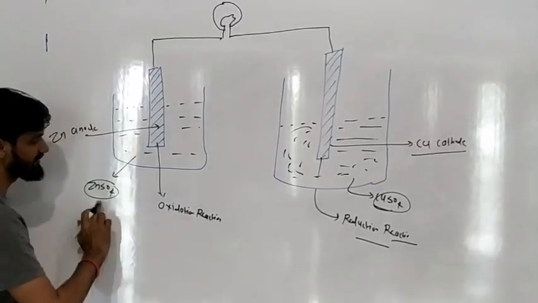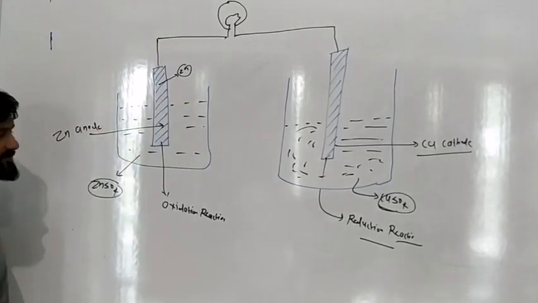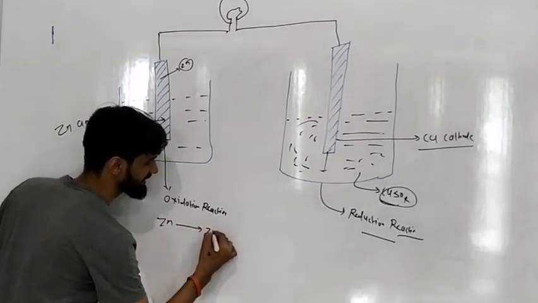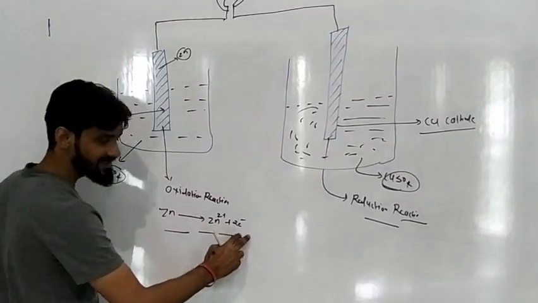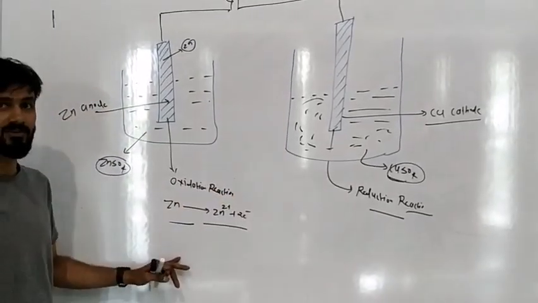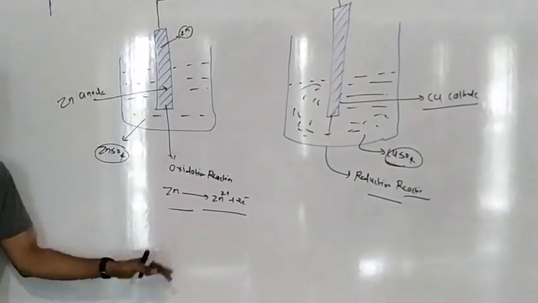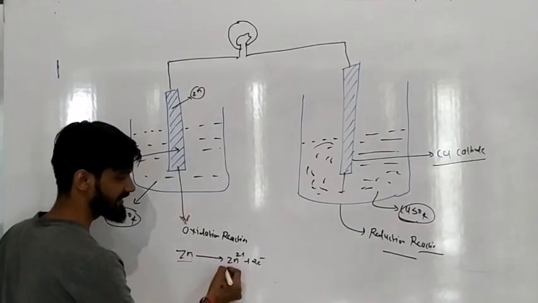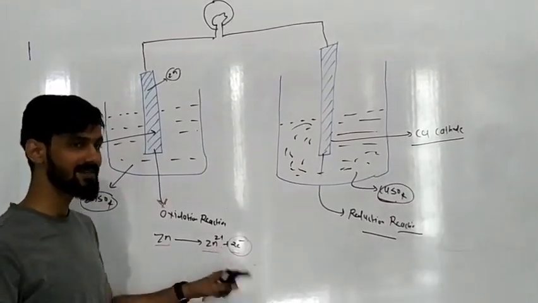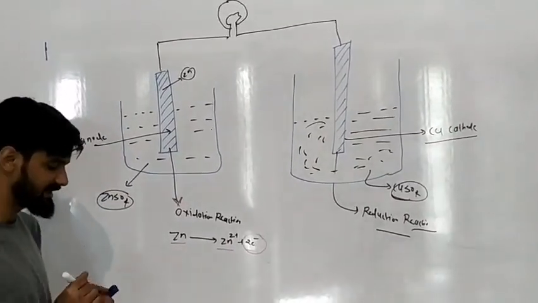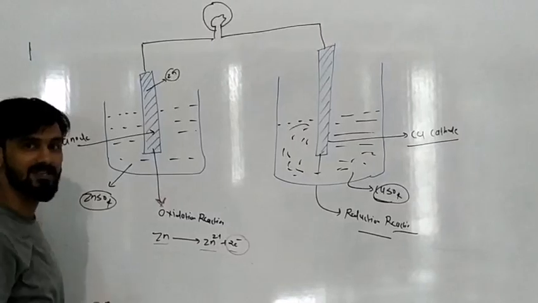If the oxidation reaction is taking place, since the plate is a zinc plate, zinc has a tendency to come from the plate into the electrolytic solution. So zinc will come in this way: Zn becomes Zn2+ plus 2 electrons inside the solution. My dear students, here zinc is losing 2 electrons and coming into the electrolytic solution. So the loss of electrons is called the oxidation reaction. Zinc was getting converted into Zn2+ and losing 2 electrons. If the oxidation reaction is taking place, then definitely there is an accumulation of electrons on the anode, so the flow of electrons will take place from this direction to this direction.